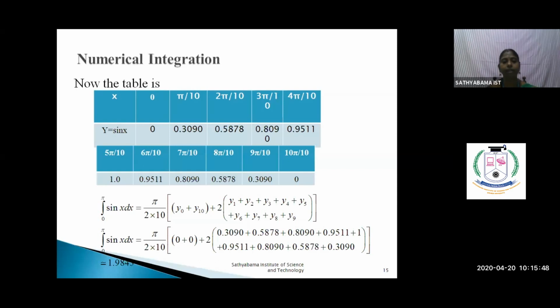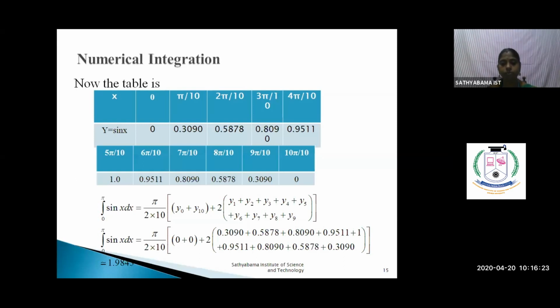And after getting the table, don't forget to write the values y0, y1, y2, y3, y4, y5, y6, y7, y8, y9, y10. Okay. So now I have written from y0 to y10. So now what is my number of intervals? It is mentioned clearly in the question, n equal to 10. And now you tell me what are the formulas I can use. Trapezoidal rule I can use because trapezoidal rule is general, we can use it wherever.